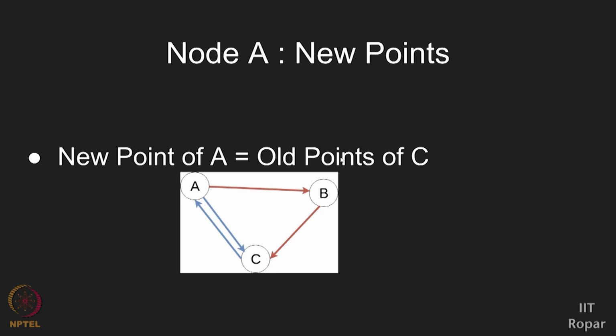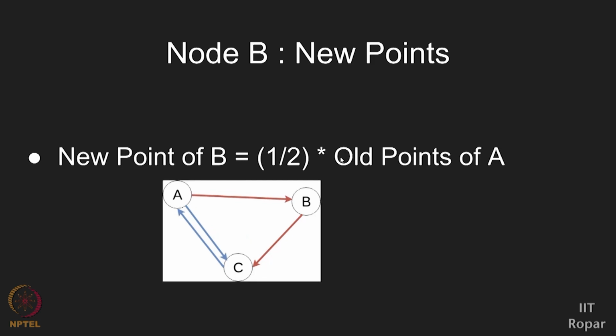And for node B, he'll get half from A because A likes B and C. So as per the rule, he has to share it equally with both the people, right? So he'll get half of it. So do you see that? Initially there was 100 points. Now given that he is getting just half of it, B will be settled with 50 points after this one exchange.